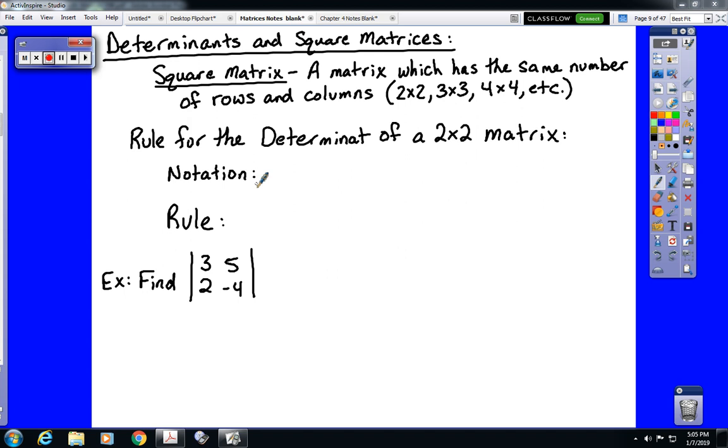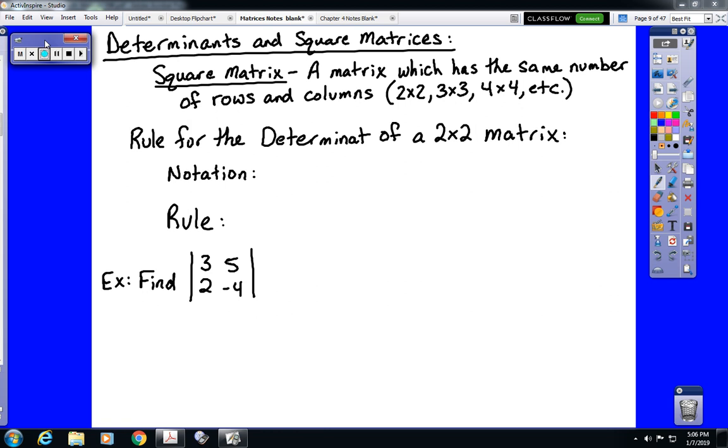Okay, so this is the third lesson in the matrices unit, which is determinants and square matrices. We're going to break this into two different videos, one dealing with the determinant of a 2 by 2 matrix and one dealing with the determinant of a 3 by 3 matrix. So this one will be covering what is a square matrix and what is the determinant of a 2 by